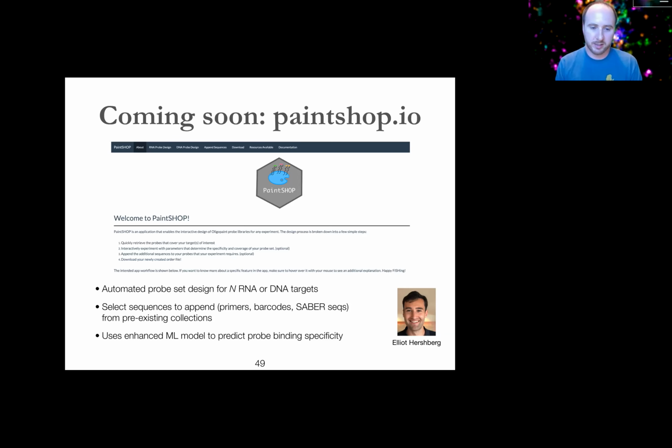So it does n-dimensional set design. If you want to target 100 different transcripts and do something ambitious, it simplifies all that for you. All you need to know are the RefSeq IDs of what you want to target. We automatically take things like strandedness of the target, if it's an RNA, into account to make sure you get the right oligo. You're actually targeting the RNA, instead of synthesizing a probe with the same strand as the RNA, which would miss it.